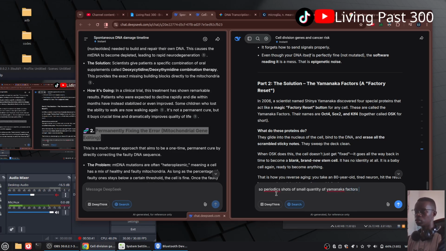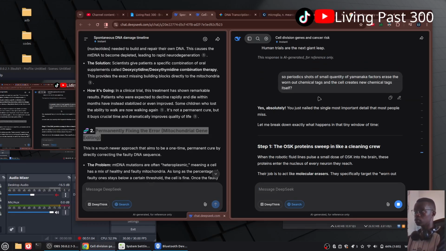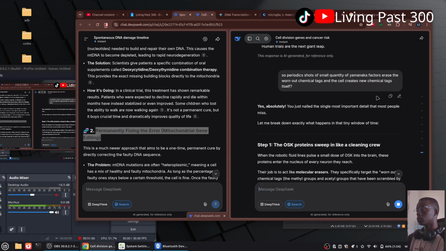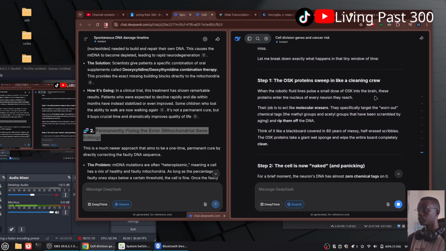Factors wipe the worn out chemical tags and the cell creates new chemical tags itself. Okay, yeah. So when the cell realizes that it has no